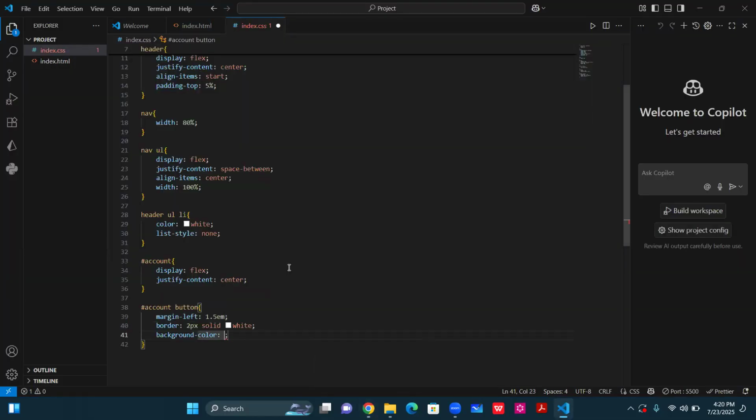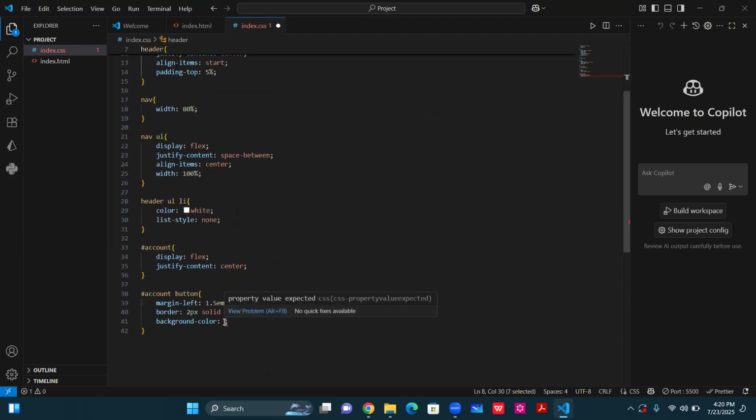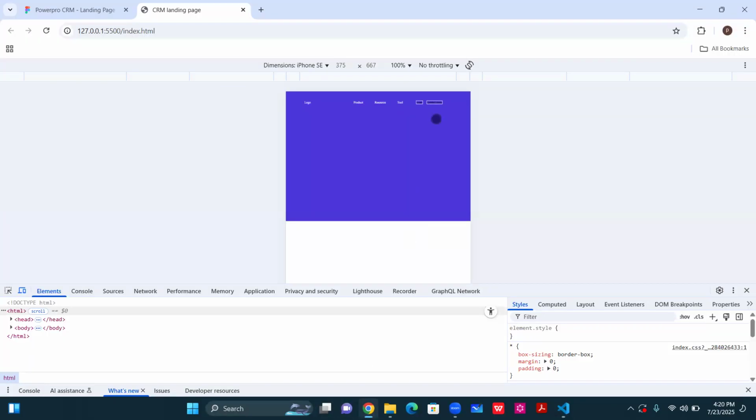What do we do now? We can remove the background color. There's nothing like none; there's no color like none. So what we have to do is go with the same background color we have here. Do you understand? Let's go with the same background color. Okay, then if I save and go back, you can see that we now have